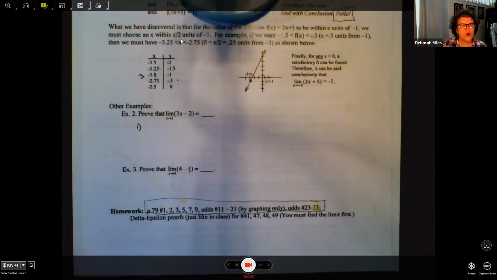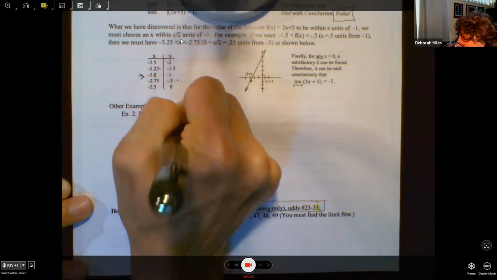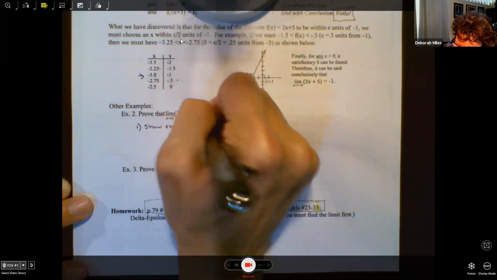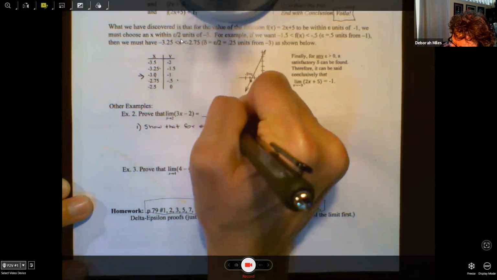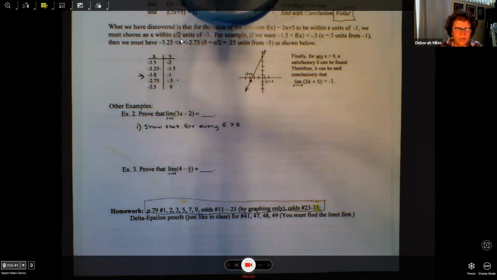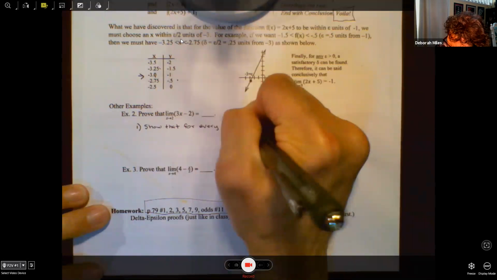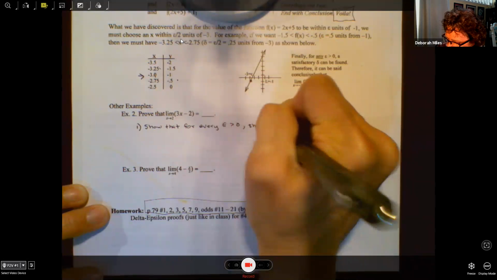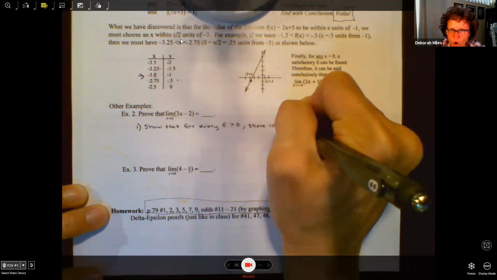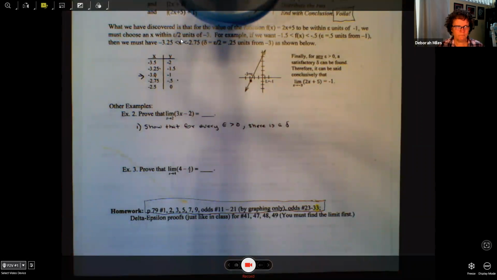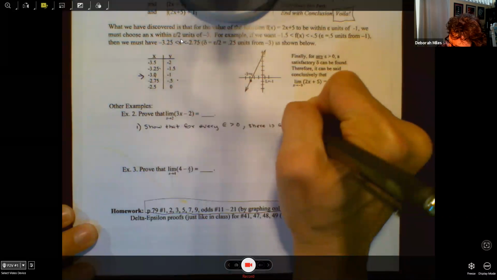You have to show that you know the definition of the limit. You have to write it as a complete sentence. Show that for every epsilon greater than 0, no matter how tiny, you can make a tiny little bullseye. For any bullseye size you give me, there is some corresponding amount, some delta, such that